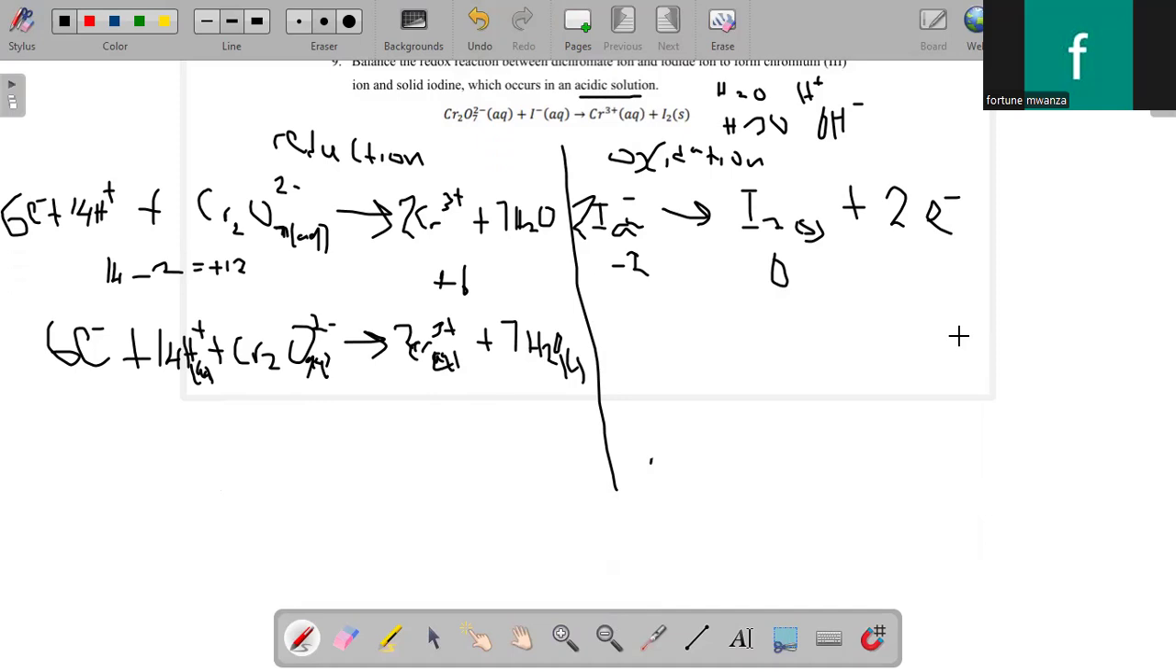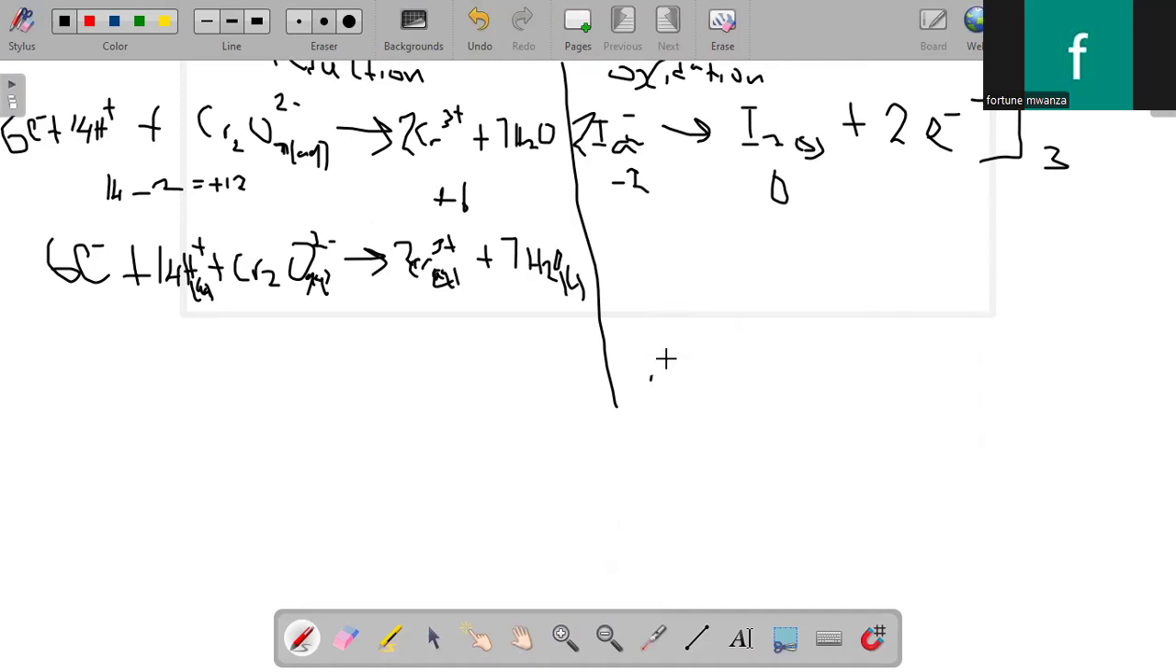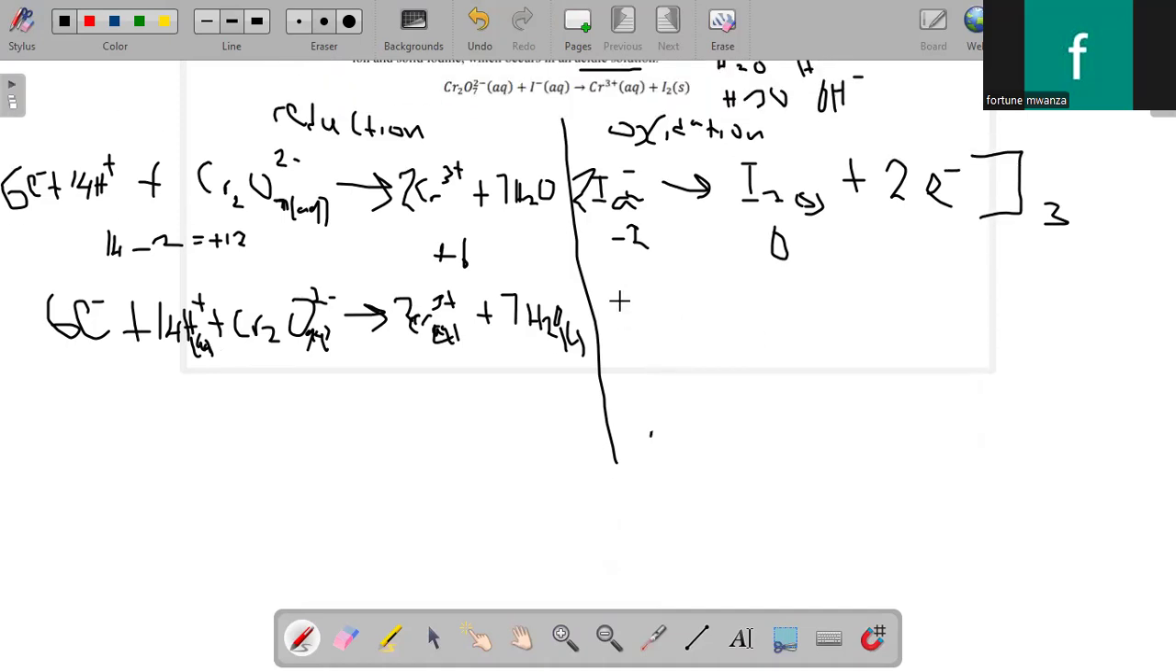After this, I have to make sure that the electrons are equal for both half reactions. You can see there are 2 electrons here and 6 here. So I can make these electrons equal by multiplying this reaction with a 3. So what do I have when I multiply this reaction with a 3? I'm going to get 6 iodide ions, aqueous,